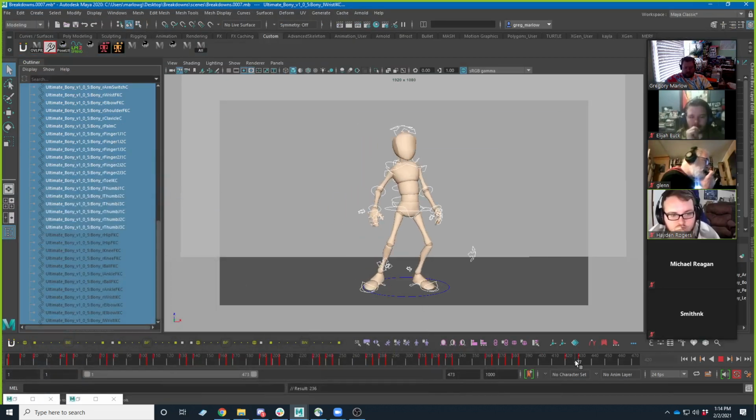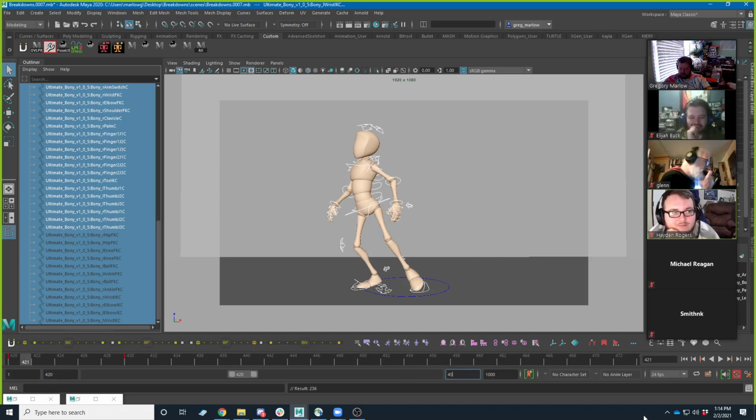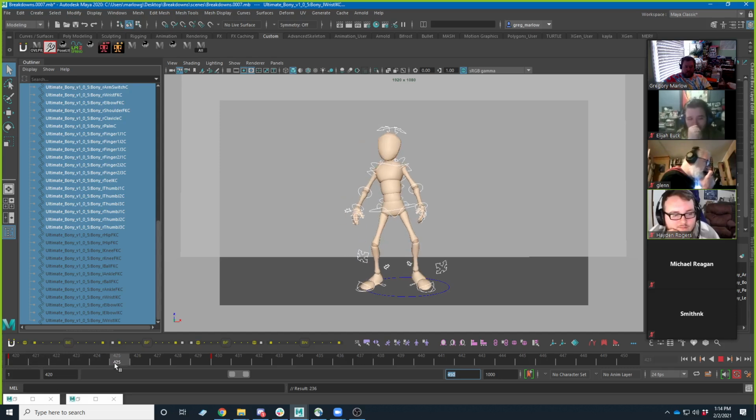And so now you'll see, this is my transition from pose A to pose B, right? Let's zoom in here so we can focus on that little section. We'll do 420, not intentional, to, let's go ahead and make it 450, right? So this transition,